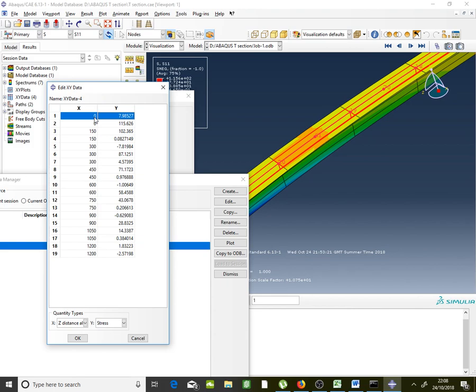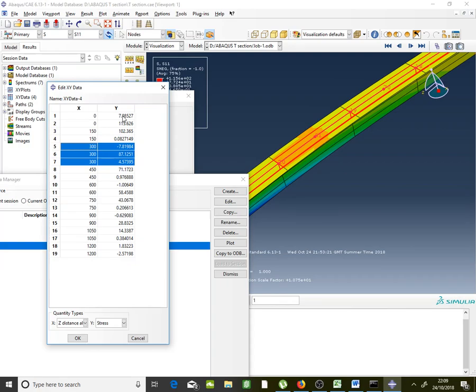The 7.9, this is for the distance 0, this is for the flange, and 115 this is for the web. 1.102 is for the web, this is for the flange, this is for the web, this value is the stress at the flange, etc. So the maximum value of these will be the value for the web, and that's the value we are working on,